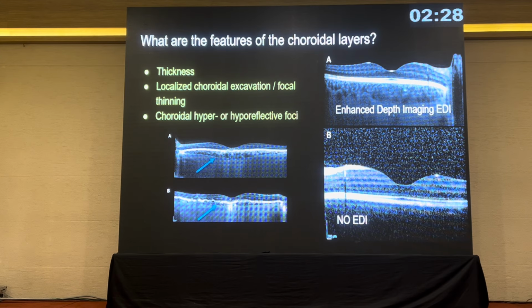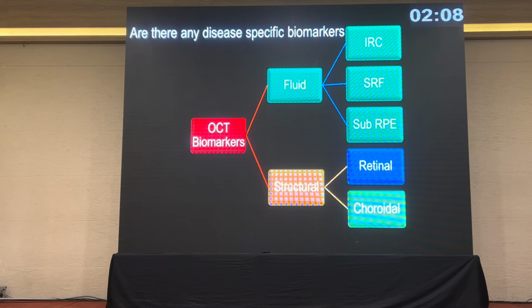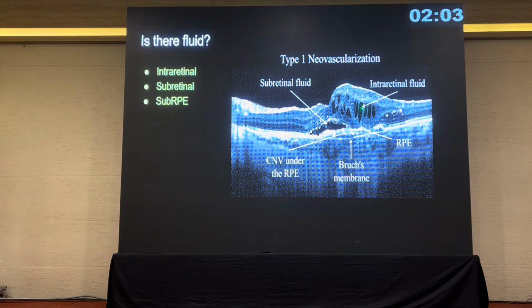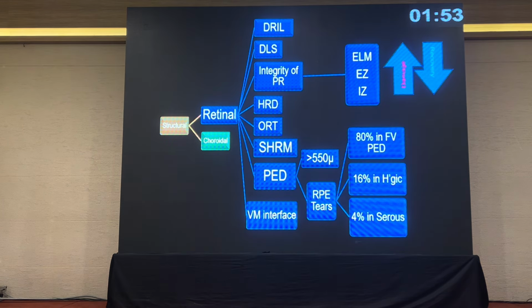Beyond that, we have the choroid, and to image the choroid you need either enhanced depth imaging or a swept source OCT. Mostly we look at the choroidal thickness, which is more in pachychoroid syndromes, or thinned out in age-related macular degeneration or conditions like high myopia. We look at the biomarkers, which are fluid or structural. And fluid, whether it is intraretinal or subretinal, because intraretinal fluid is more harmful, and subretinal fluid up to about 200 microns is said to be tolerated, it seems.